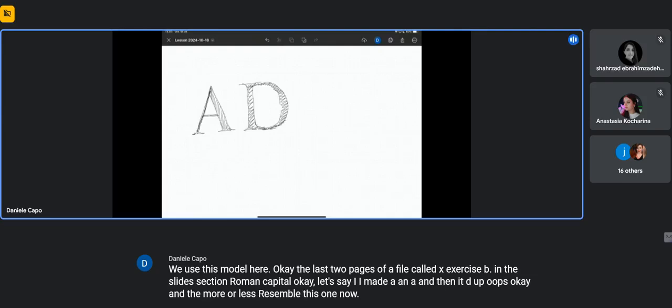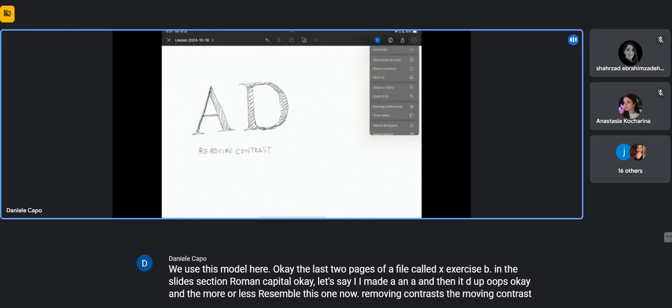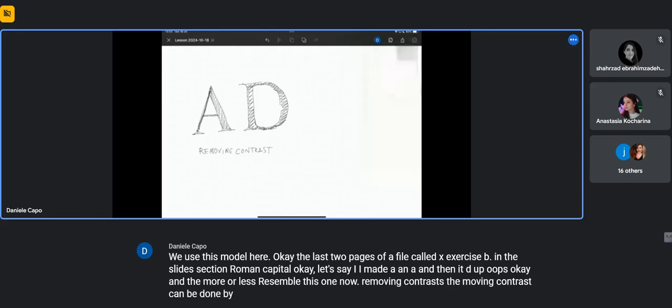Now, removing contrast. Removing contrast can be done by adding more weight to the thin parts. So in A, it means adding weight